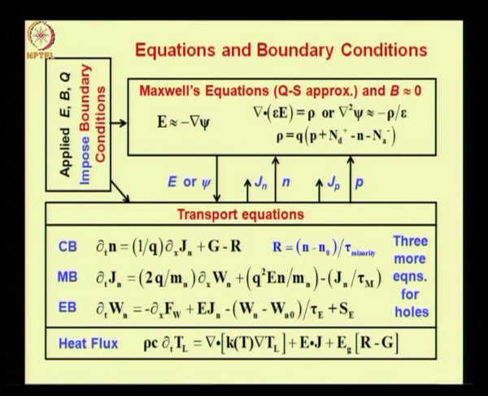Now, if you use the balance equation approach, the second approach, the equation scenario is something like this. So, you have the carrier balance equation, momentum balance equation, and energy balance equation. So, you terminate after the series of balance equations at the end of this step, and this FW term here, you use a phenomenological relation in case you have to use this term, but we showed that you really do not need the information about this term in many situations. So, you have 3 equations for electrons and 3 more equations for holes.